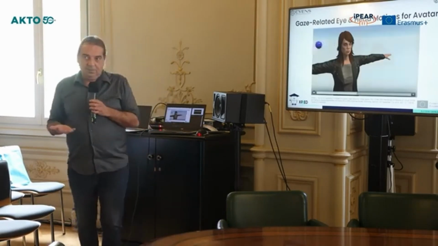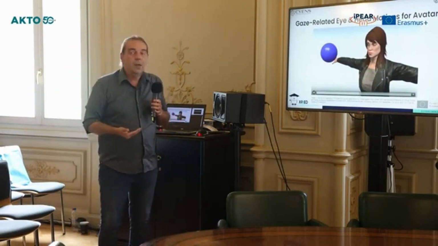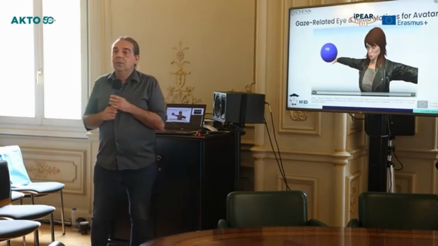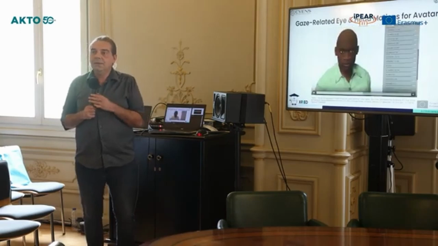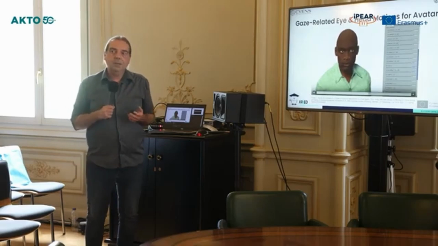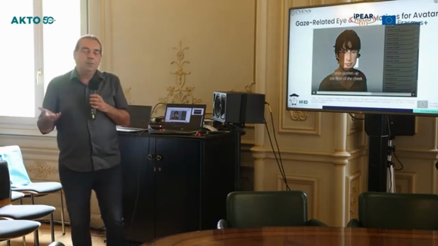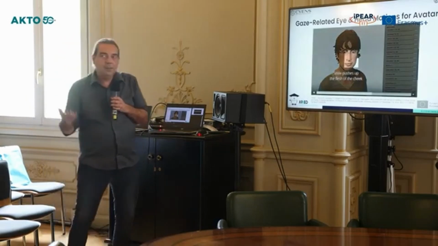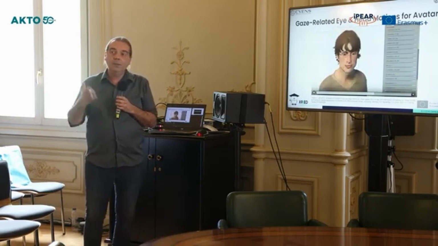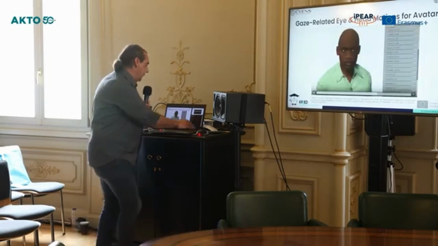This is not the only thing that is important. Other things which are important is body language in general, other emotions. So by having something very realistic here, you can see we have developed also a tool where we can change some basic emotions in order to make the application of XR more realistic. So everything is developed in Unity, and we're building now on top of this work, trying to incorporate this sort of emotions in VR, AR, and MR.